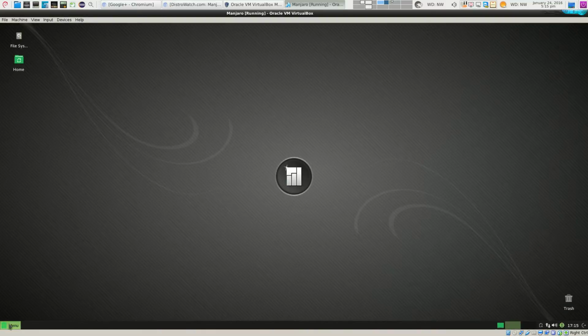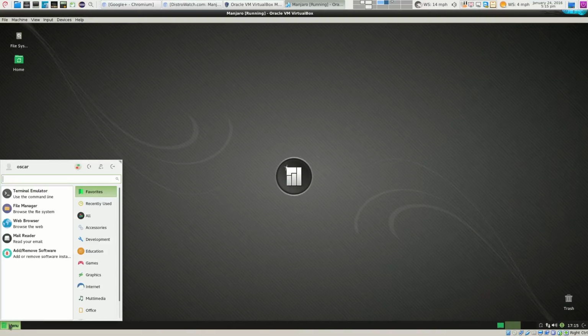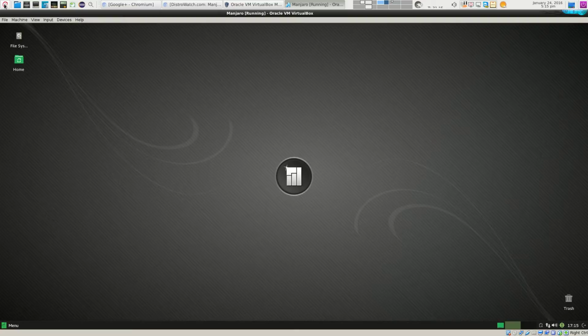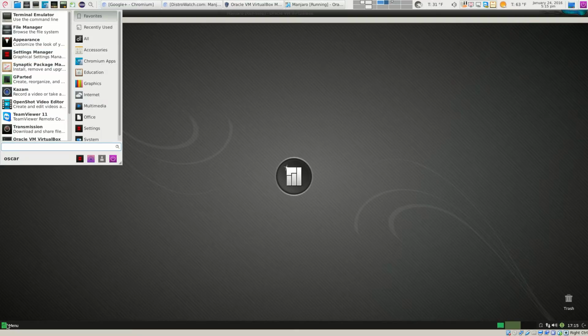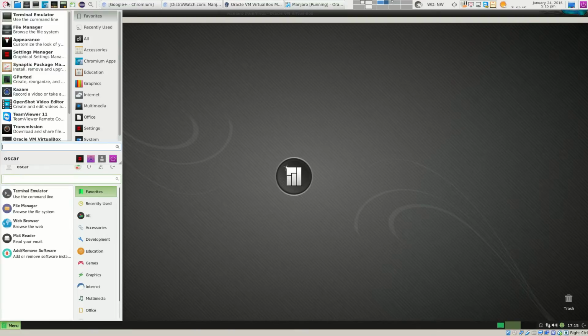Alright, now this here is the menu button. In a lot of Arch XFCE desktop managers, it brings up the default start menu. This is called the whisker menu. I have the same one here for my Debian distro. I'll show you guys here and here. You see, except that this is on top. If I would put this on the bottom, it would look exactly identical to this one here. So this is the whisker menu.